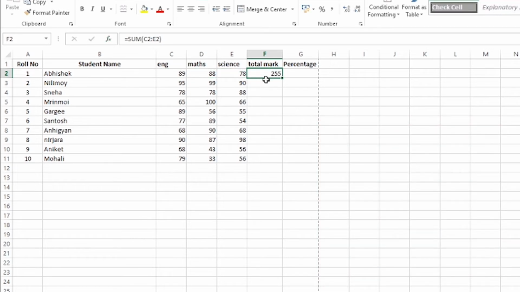So you see here it is coming 255. In the formula bar you can see equal to, first sum. From here we got the sum function, and then we click on these 3 cells and we got this. Again you can learn here, in this one we need the C2, D2 and E2 values.